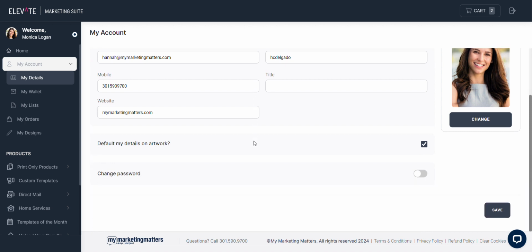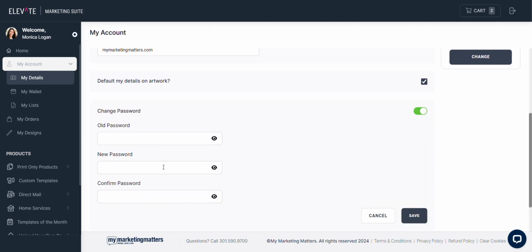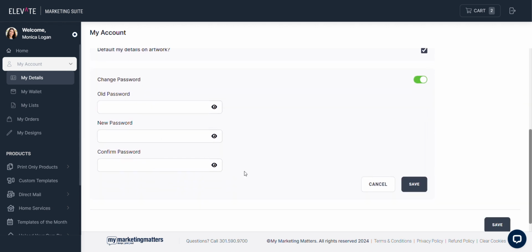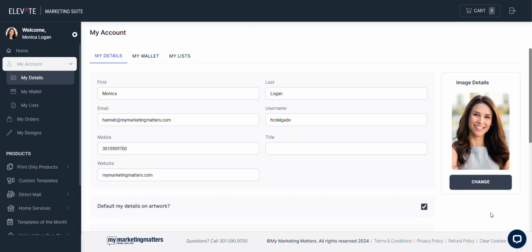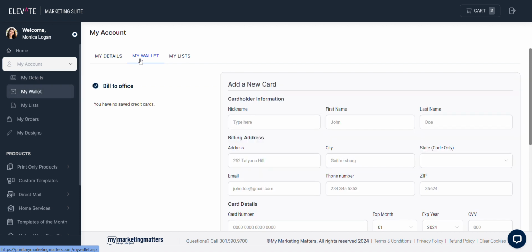If you are in your account and you'd like to change your password, you are able to do so here by checking off this section, entering your old password, new password, and just make sure that you hit the save button here for the change password section, as well as the save button here for the My Account section. Moving along to the My Wallet tab under the My Account section, you can add up to 10 cards